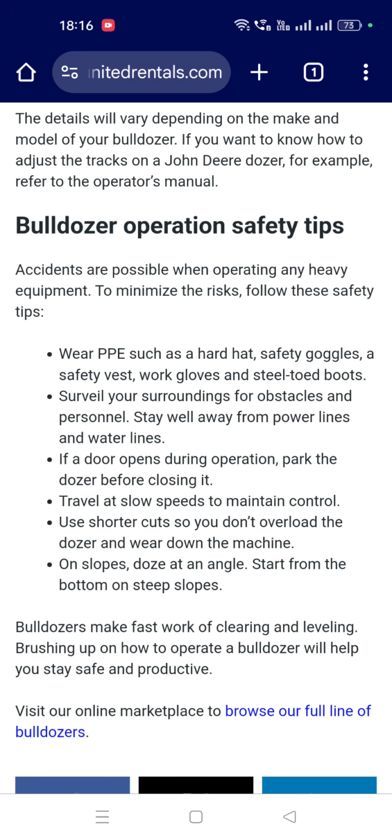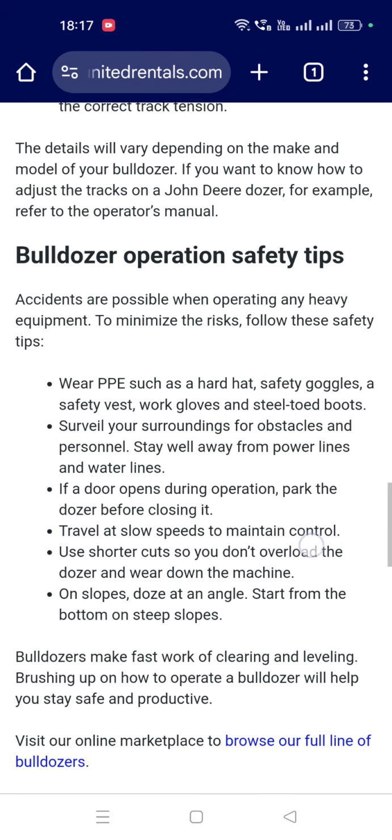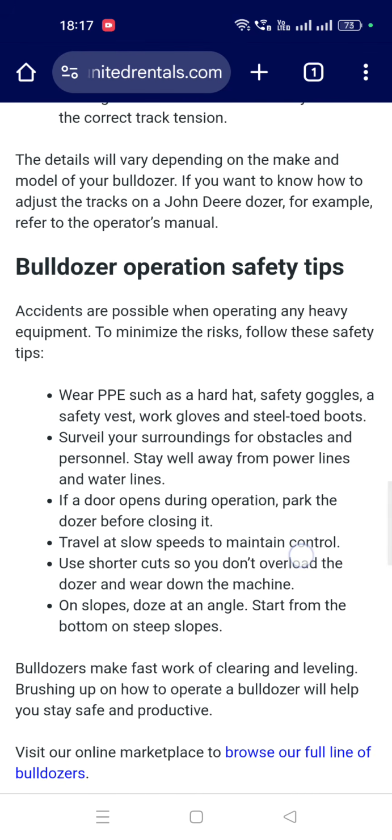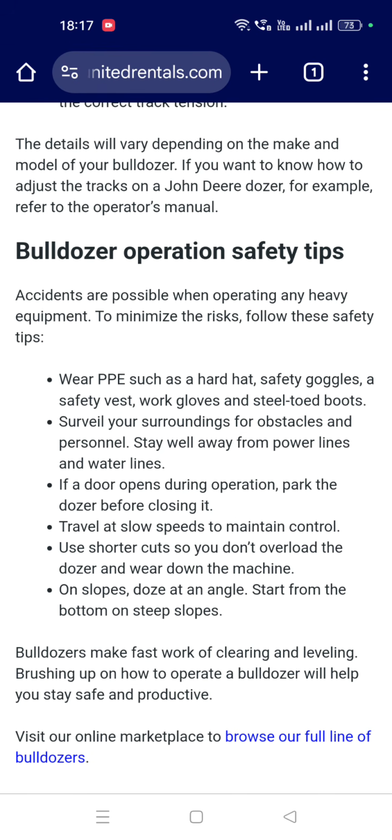Wear PPE such as a hard hat, safety goggles, a safety vest, work gloves, and steel-toe boots. Survey your surroundings for obstacles and personnel. Stay well away from power lines and water lines.